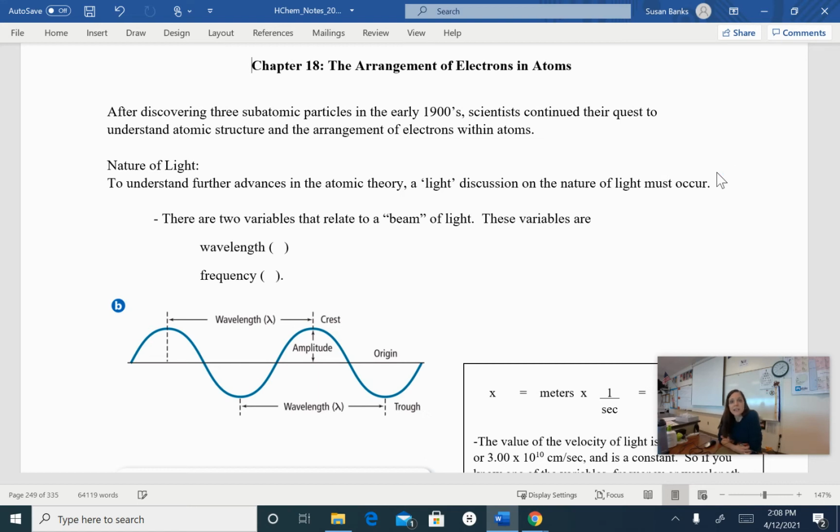All right, Honors Chem, today we are still going to be talking about energy, but instead of the energy of a reaction, we're going to be talking about the energy of electrons. Back when I first started teaching, we used to do this chapter in the middle of our atomic theory lesson so that we could see how this came around with one of the atomic models. And one of the atomic models we talked about a little bit in our atomic theory was the Bohr model. And this arrangement of the electrons in the atom and how these electrons jump from one area of an atom